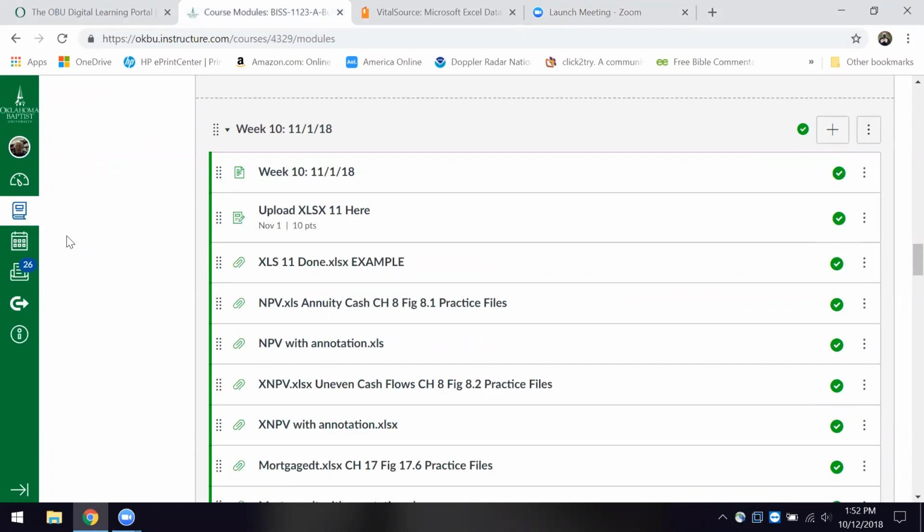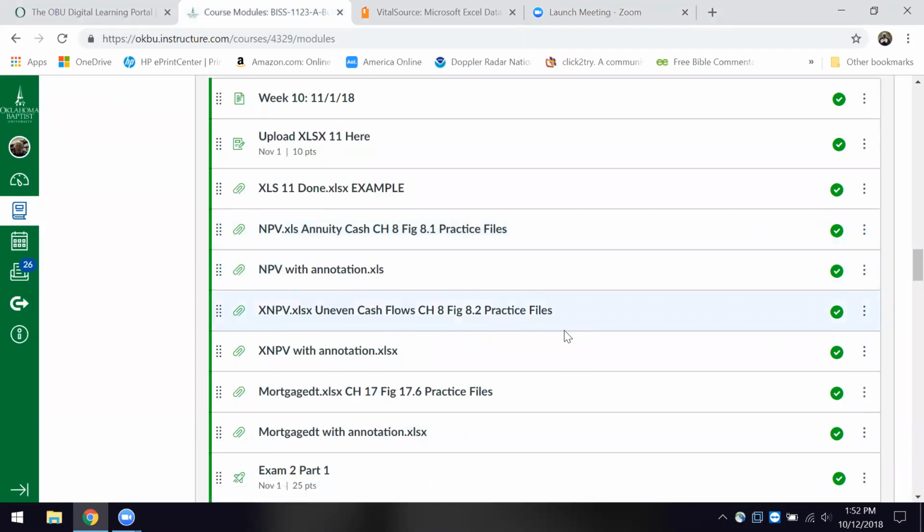from, we took a look at those from 10, and then we worked on those from 11. I felt like the example was very, very clear in terms of what we were doing, and we covered that. And I was not comfortable, though, in terms of what we did with the annuity cash file that's over there in Chapter 8, the XNPV file, or the mortgage